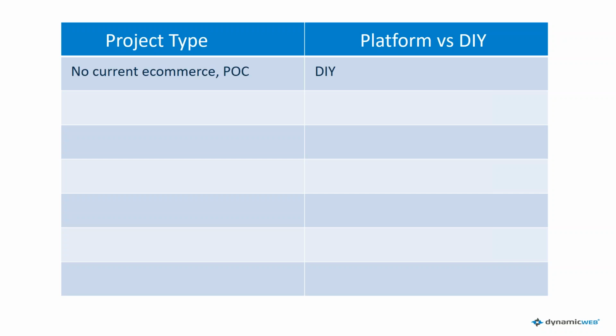So imagine a situation where there's no current e-commerce, and they're trying to build a proof of concept. And so imagine you're in a business where maybe you're doing a lot of EDI work, and the concept of having a more private channel like B2B or B2C has just not been on your radar. And now let's say management, a board of directors, wants to experiment with that because someone's hearing that it's really popular these days, or Amazon and all that. So